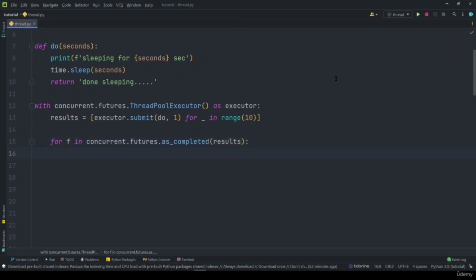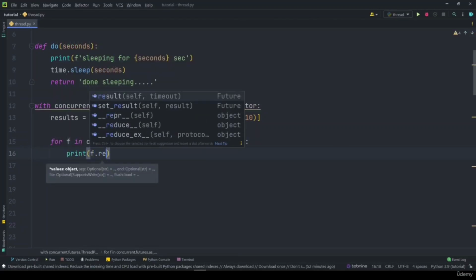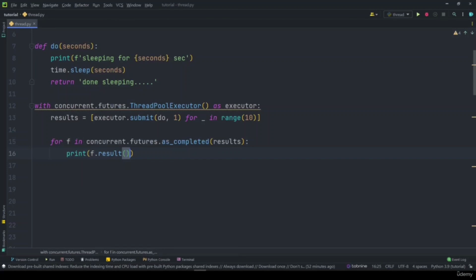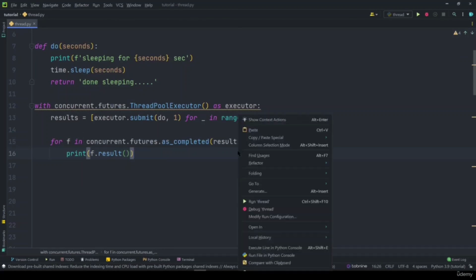It returns an iterator, something that we can loop over or iterate over, and that is this object. So we are iterating over that using this f variable, and now we can print the results using the f dot result method just like before. So now if we just run this code,